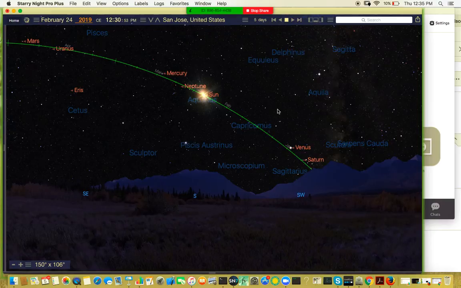So precession is this third major motion, and it's caused by the combined gravitational pull of the Sun and Moon on Earth's equatorial bulge, and then the North Celestial Pole precesses. So I can indicate this with the software, and the way I would do it is this. Okay, the Sun is in Aquarius on February 24, 2019